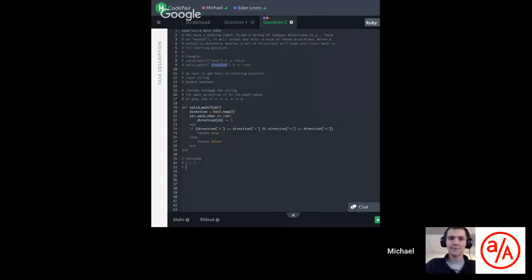Then the next letter that we're examining is E. That should equal 1, then 2. Next, we're going to have n, which will be 2. Next, we've got E again, which should be 2. We have S, which is going to be 3, and it's going to hit that again, so it will be 4 for the sake of a space. We're going to hit W, which is going to equal 1, and then it's going to equal 2. So at the very end of the day, essentially in our directions hash, n equals 2, south